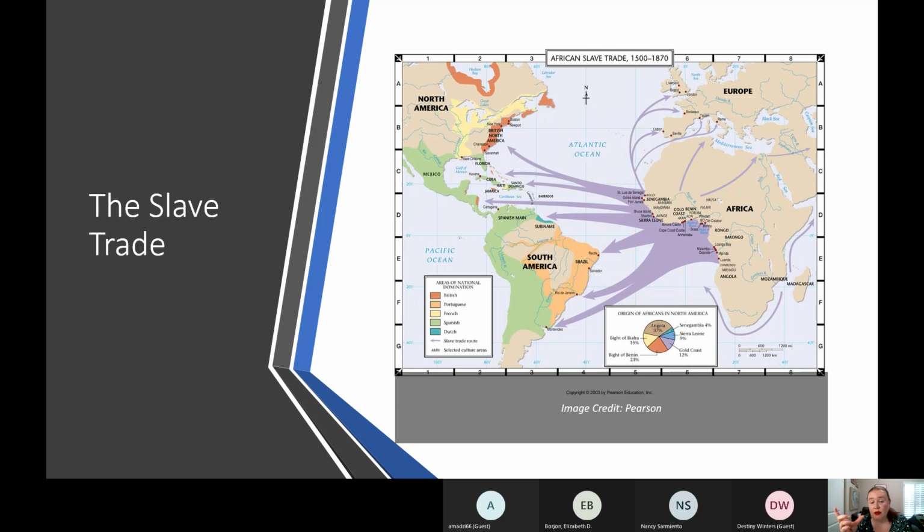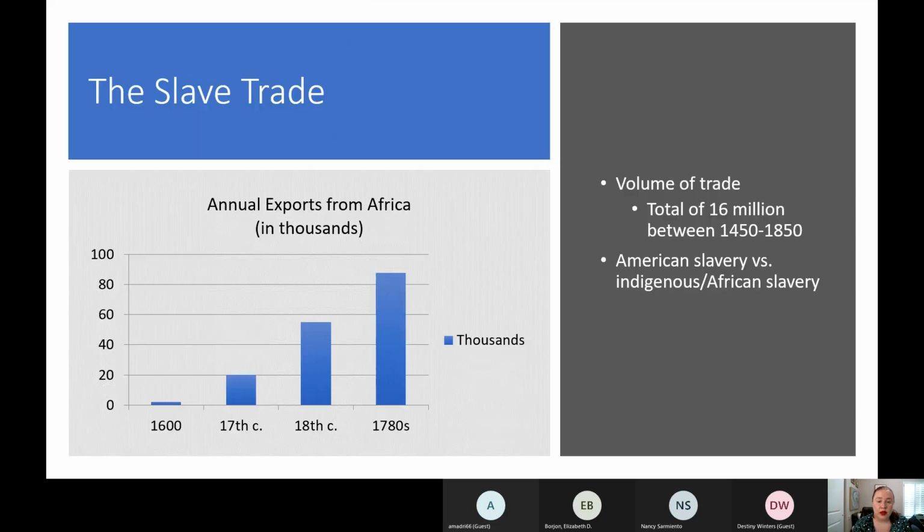So the slavery that we're talking about today is the United States. Do remember, we don't get nearly as much of the volume, but again, the population remains more stable over time because we don't have this gender imbalance. So the impact of the transatlantic slave trade, you can see by looking at the growth in the thousands per